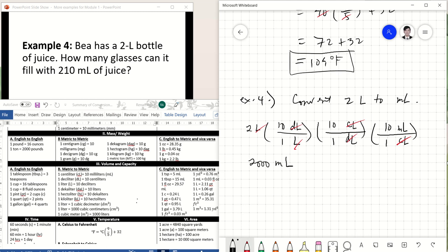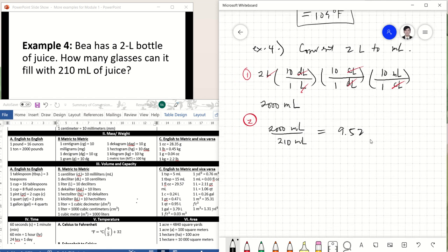And then, after doing this step, the second step now is to divide 2000 ml by 210 ml because one glass is 210 ml. So 2000 divided by 210, if you do long division, you will end up with 9.52. So, we're asked about the number of glasses. So the final answer here is